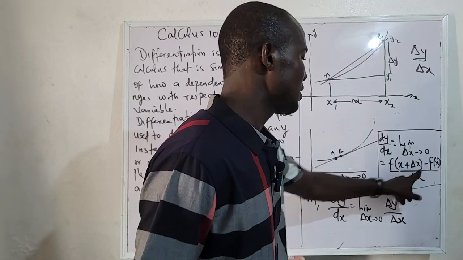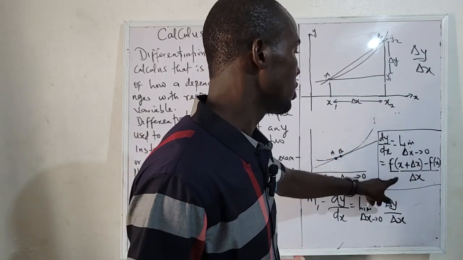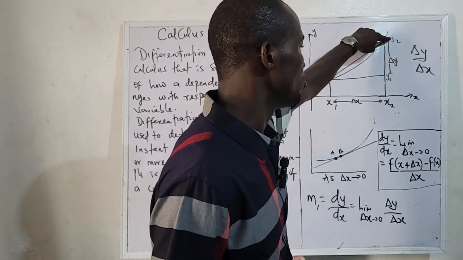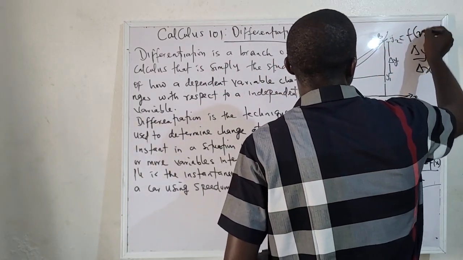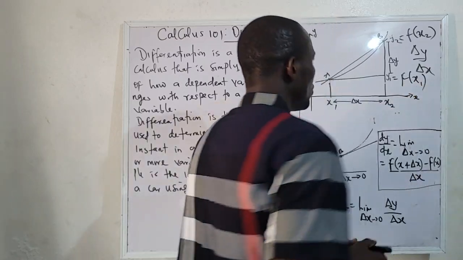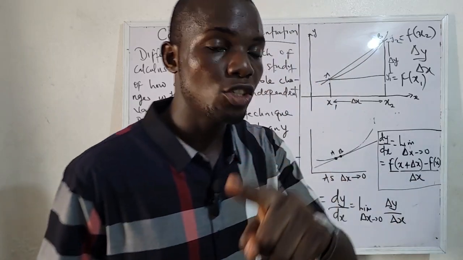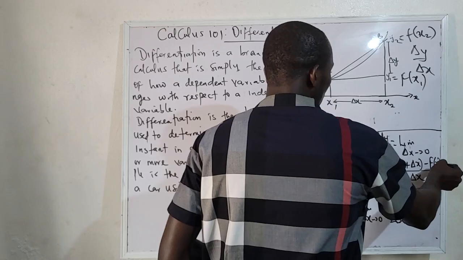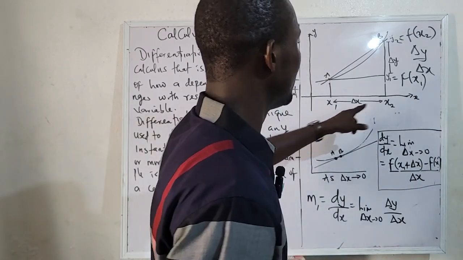This one simply means we're talking about f2. It means f2 minus f1. This is your f2, this place is your f of x2 rather, and this is your f of x1. So f of x2 minus f of x1 is what is being described, because I mentioned to you before that this one is going to be, this is your x1, this is